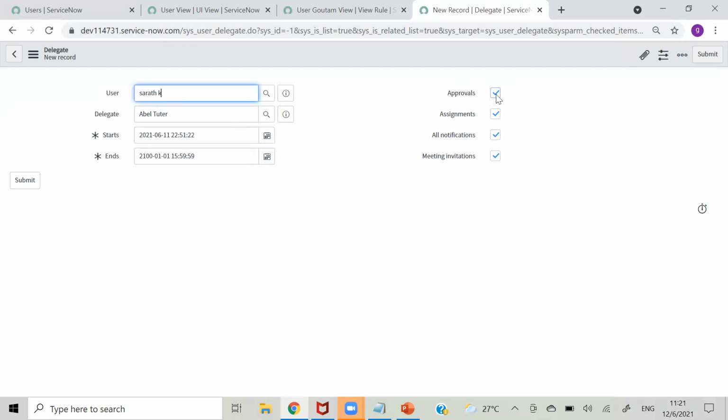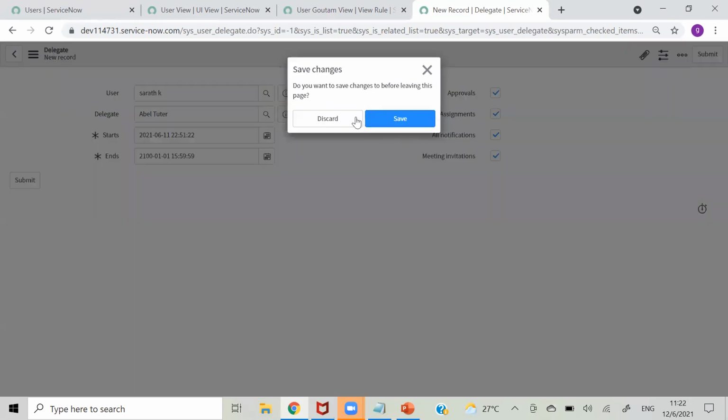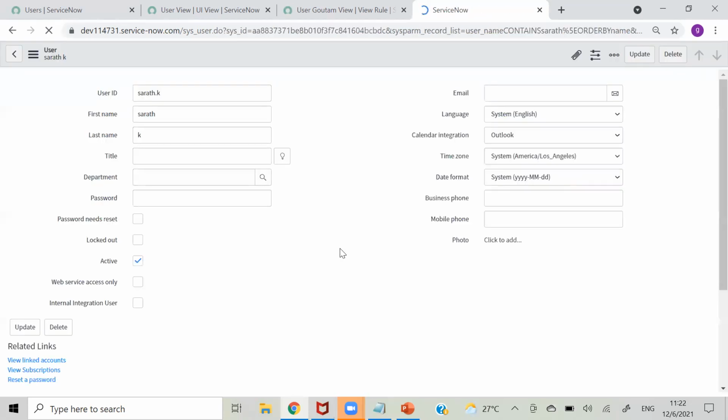So what he can do, he can approve any assignment, he will get all notifications, he will get all meeting invitations. So just save. From this date to this date, instead of Sharath, Abel Tutor will be able to get all the access, everything. Okay, so that is the purpose of delegate. Clear about delegate? Okay. Yes, sir.